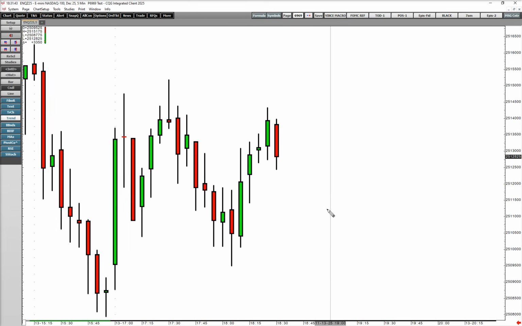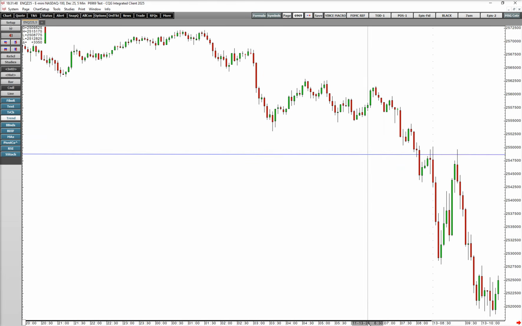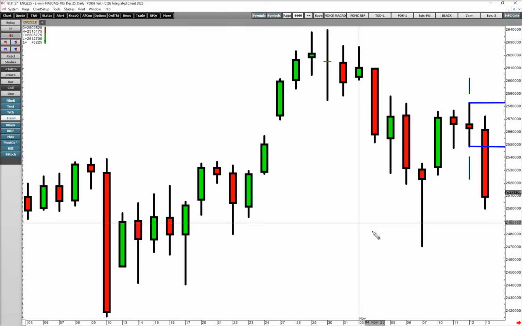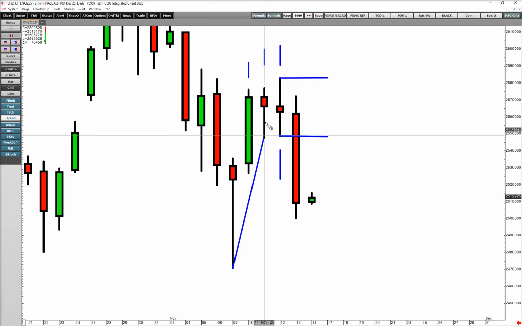Now, the way we get multiples of our risk is we wait for that low to break. Once that low breaks, we know that the daily has now switched from an uptrend to a downtrend, because this bar, having had a higher low and a higher high, is an up bar. This bar, having a higher low and a higher high, is also an up bar. This bar, having a higher high and a higher low, is also an up bar. So off of this low, we were in an uptrend. As soon as